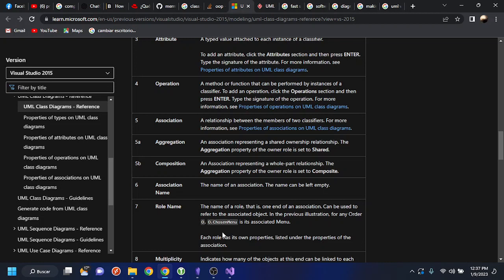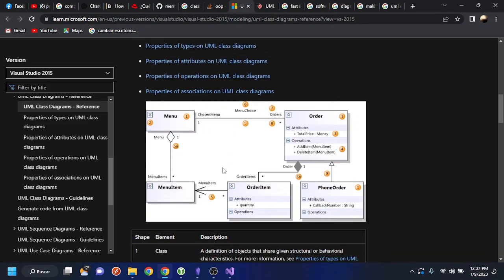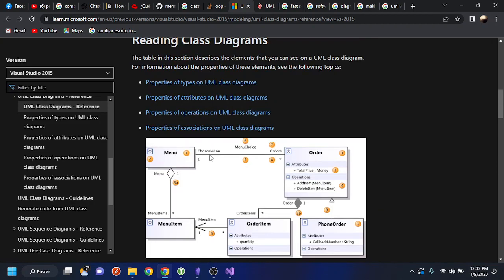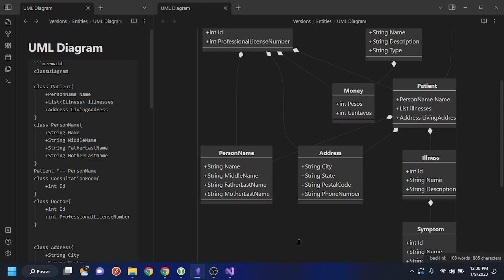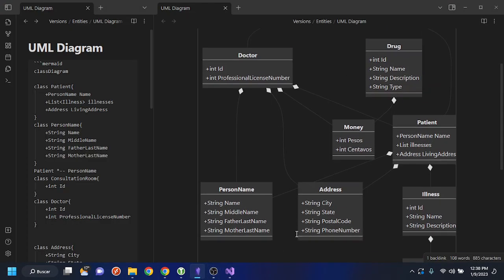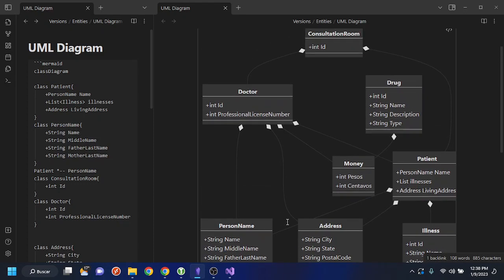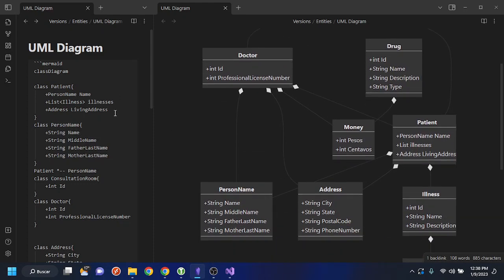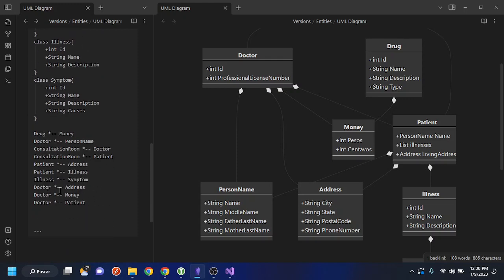The composition, representing a whole part relationship. The aggregation property of the owner is set to composite. An association representing a shared ownership relationship. Aggregation. 5A is aggregation. Shared ownership. I'm not sure what shared ownership means. But well, I have to check that out. For now, we know that